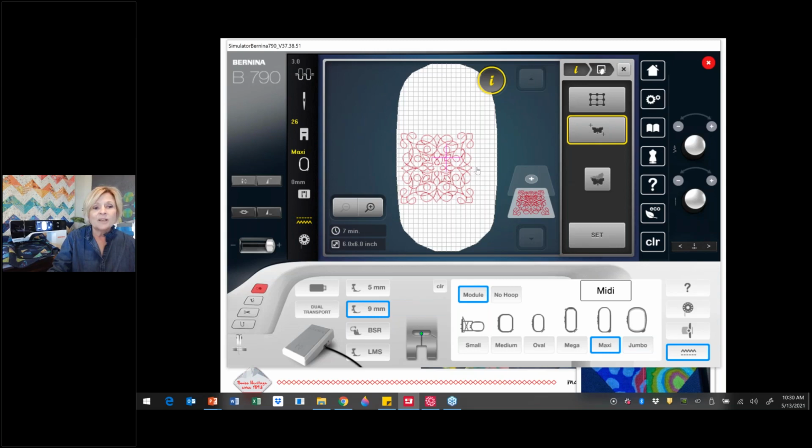So that means I'm not restricted to just those 9 points. I can select any point on this design and say, okay, I want my needle right here for the first point, and then I can set it. Then I can select someplace else, and I can say, I want my needle, my second point, to be right here. But for the purposes of what we're doing today, I'm going to select the grid,